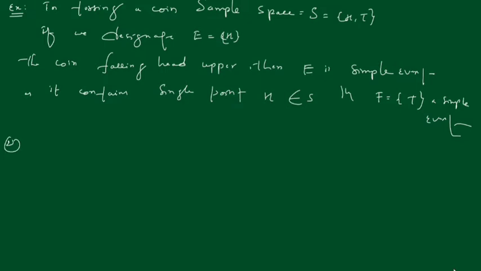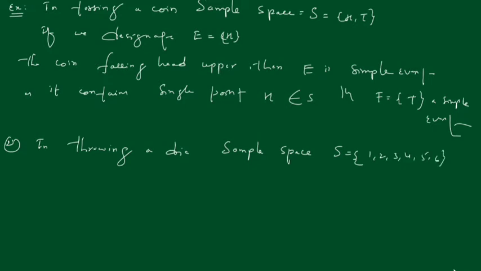In throwing a die, the sample space S equals to what we get? 1, 2, 3, 4, 5, 6. So if we designate E equals to 1, that is the die falling with its one dot uppermost, right? So then E is what? E is